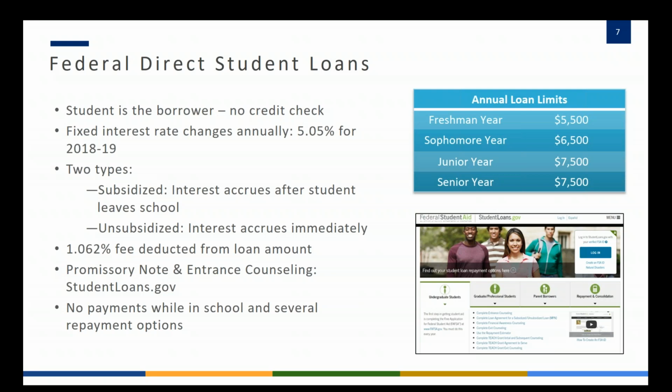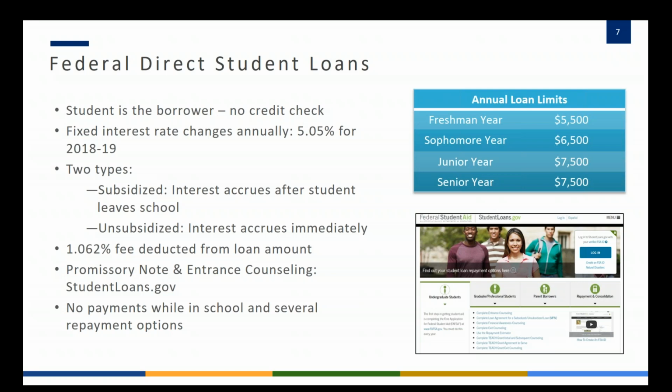So although students do not have to make payments on this loan, they could voluntarily make payments towards the interest if they wanted to, so that when they graduate, the only thing they'll have to pay back is what they borrowed, not the interest that has also accrued and accumulated. When they graduate, any accrued interest will be capitalized and added to the principal balance. So the sooner they can pay that accrued interest before they graduate, the better off they'll be.